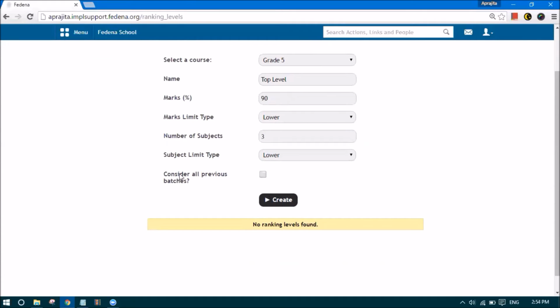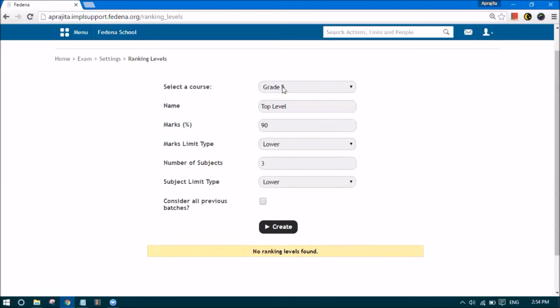And also, you can consider the previous batch of the student. So grade 5 previous batch of the student would mean if a student was a failed student at an earlier batch and in the current batch, he's an existing student. That means you want to consider the previous batch of the student as well when he failed.